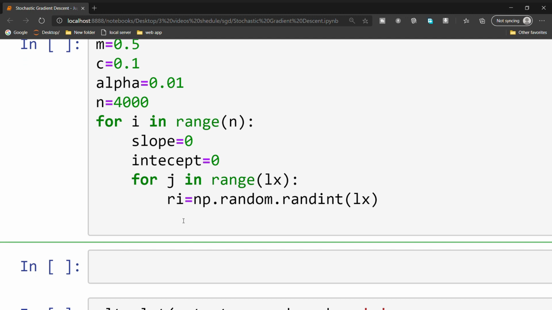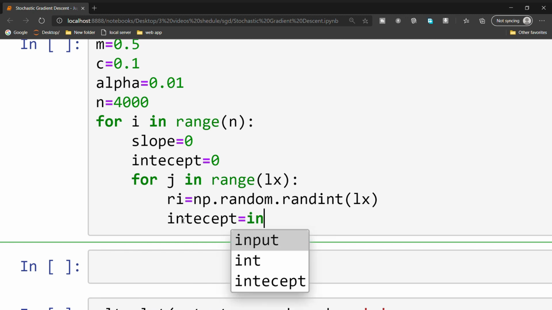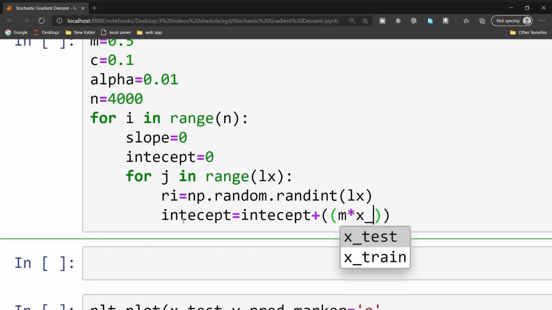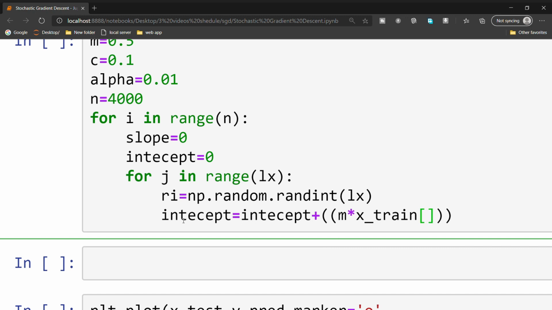Okay, next we need to calculate the slope and intercept values. First I am going to calculate the intercept. Intercept equal to intercept plus, open brackets, m into x train of ri to ri plus 1.